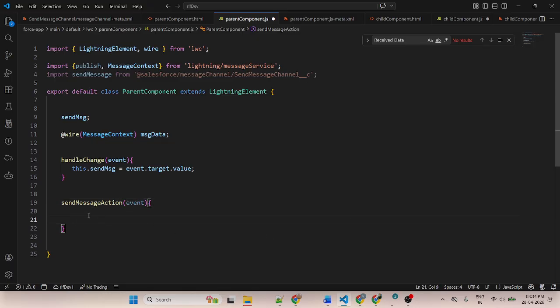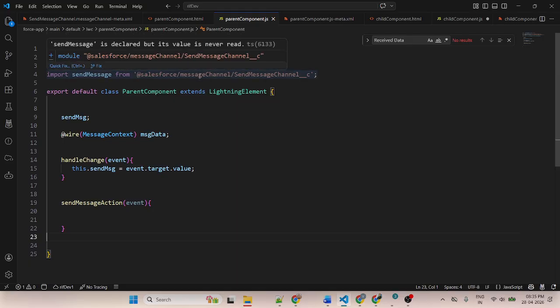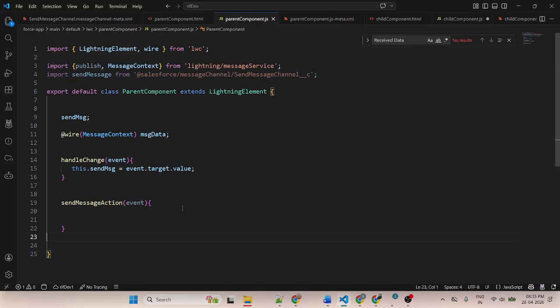So the sending process: where you want to click and pass the data, that means you want to publish the data. And where you want to receive the data, that means you want to subscribe. So publish and subscribe are the two types. Publish means you want to pass the data. Subscribe means you want to receive the data.